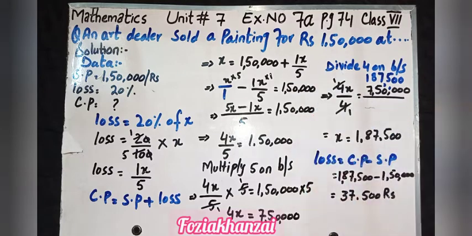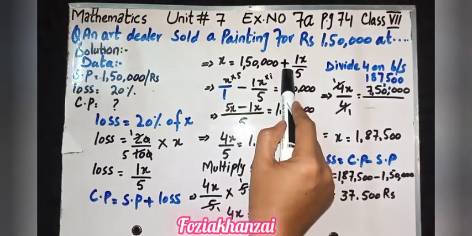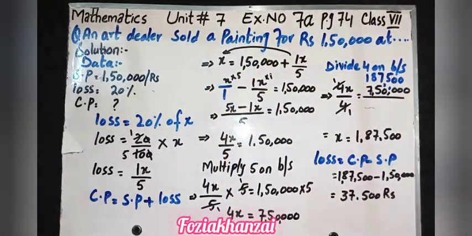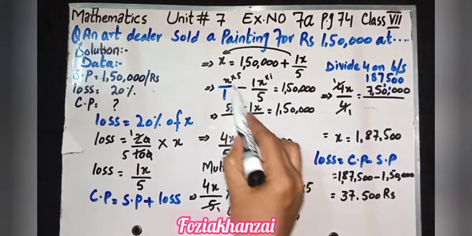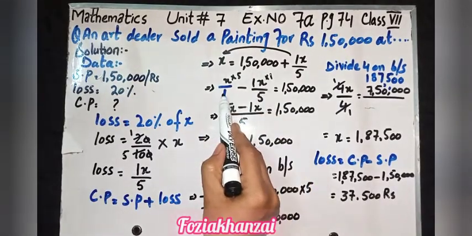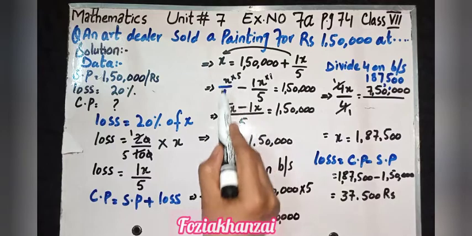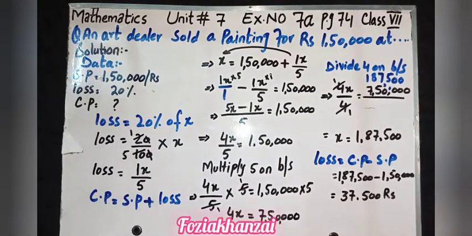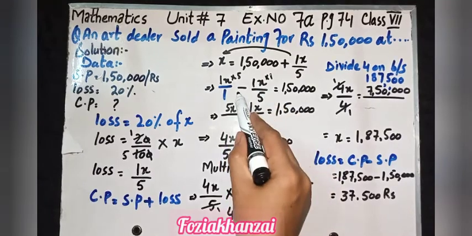We always write the same values, x, together. Before the equal sign, plus changes into minus, so we have x minus 1x upon 5. In this part only x is given, and the other part is in fraction form, so we write this also in fraction form: x upon 1 minus 1x upon 5. We know the hidden coefficient is 1. Now both sides are in fraction form with a minus sign.